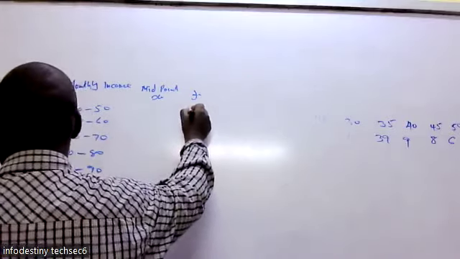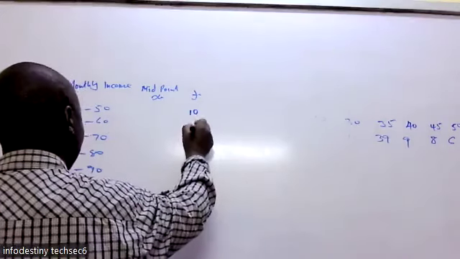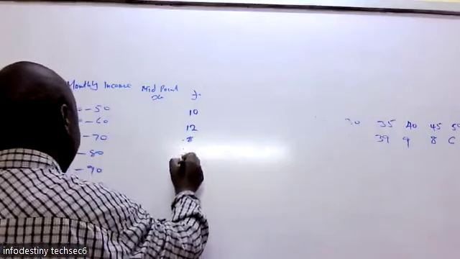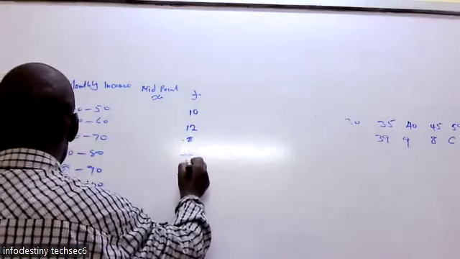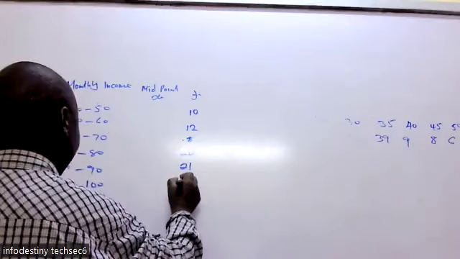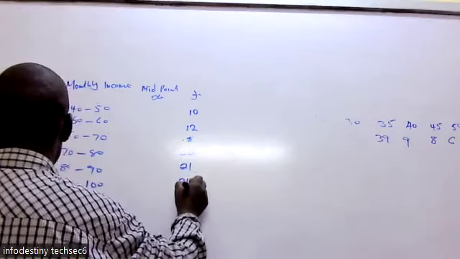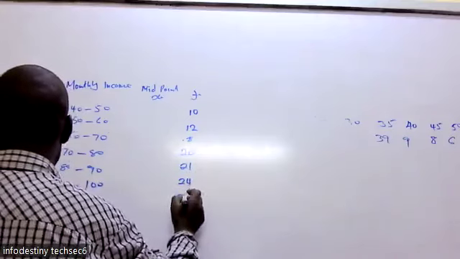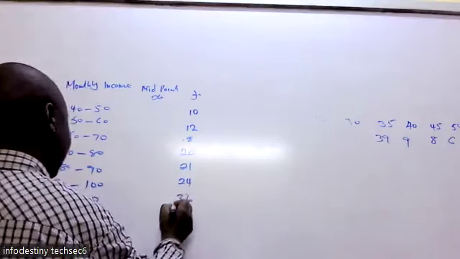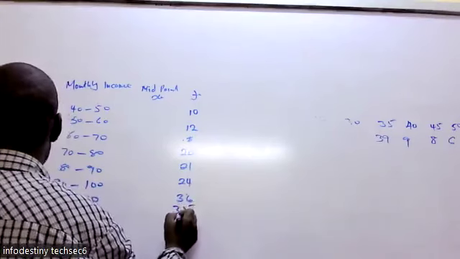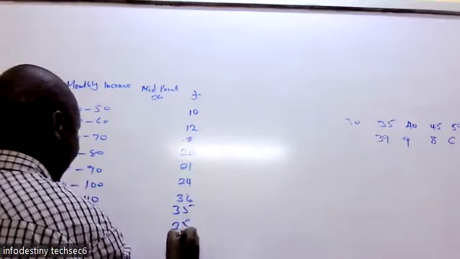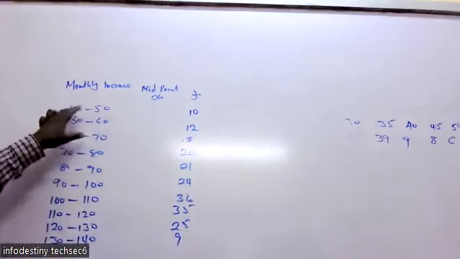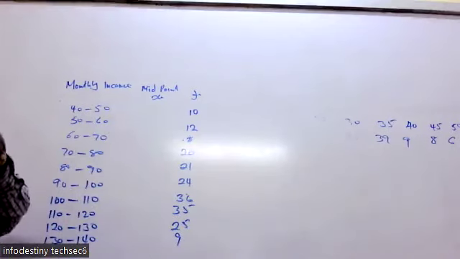The frequencies here are 10, 12, 8, 20, 21, 24, 30, 36, 35, 25, then 9. Now let's get the midpoint, whereby we take this one plus this, divided by 2, which is